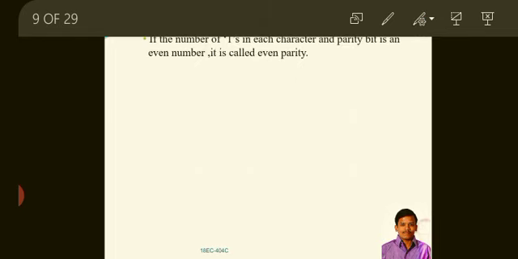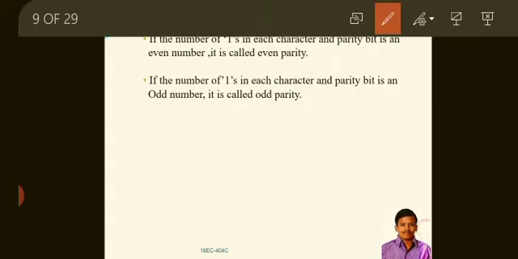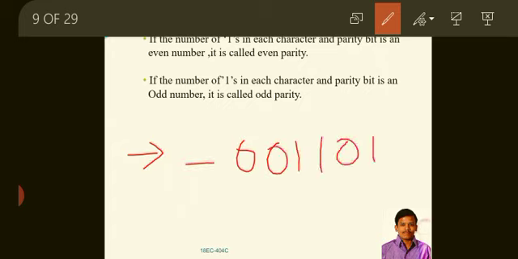Now we'll see the next one. If the number of ones in each character including the parity bit is odd, then it is called odd parity. Try to see this example. If you see the odd parity, tell me the answer. Guess what we have to add, whether it is 1 or 0, to satisfy the odd parity method.